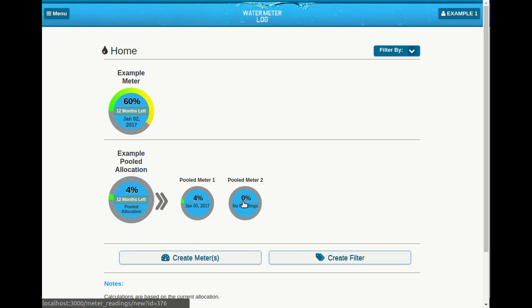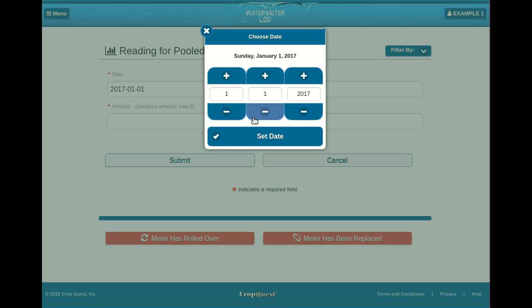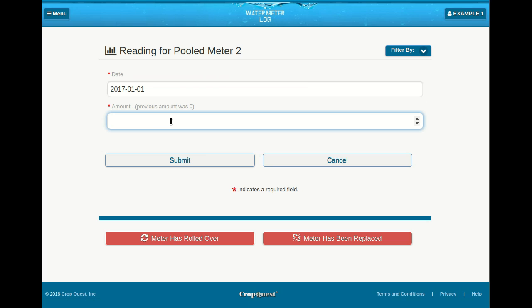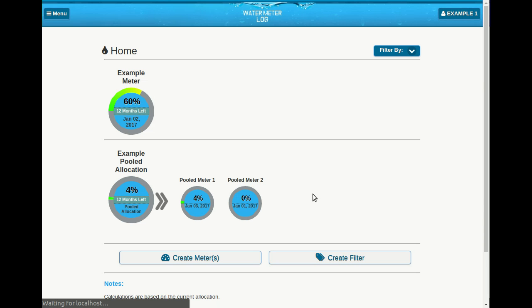So let's go ahead and create a beginning reading for pooled meter 2. I'm going to set this date as January 1st for that beginning reading, and we'll give this an amount of 8652. And let's hit submit. And if we go back to the home page now, we can see that there's now been a beginning reading. We see the date has changed here on pooled meter 2. Because it was our baseline reading, we're still at 0%,